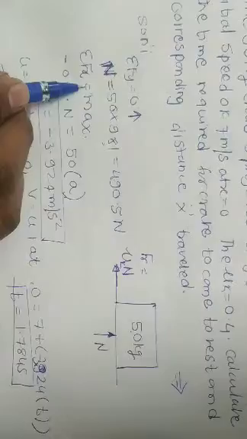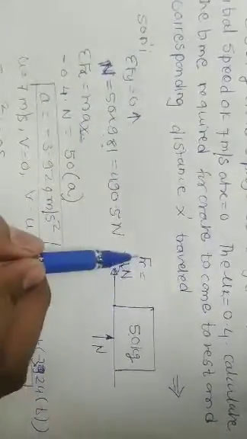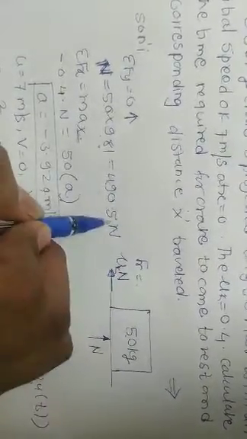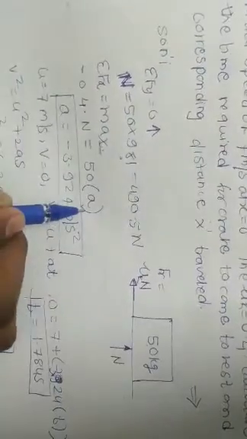Now we'll use summation of Fx, and we know F is equal to ma, so summation of Fx equals m ax. We will consider the motion in the horizontal direction. So what is the net force in the horizontal direction, or x direction? That is the friction force, which is acting opposite to the direction of motion. So we'll take minus 0.4 times N, and that is equal to m times a. Mass is 50, acceleration we need to find, so we get acceleration as minus 3.92 meter per second square.